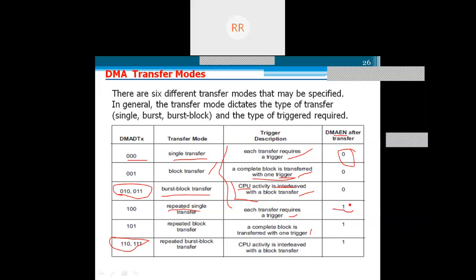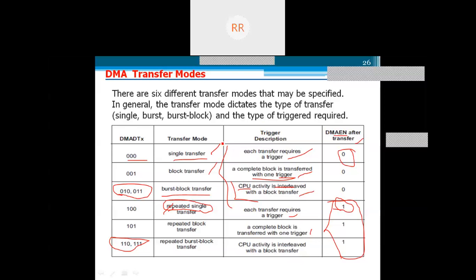Whereas here it will be in the active mode. That is the variation in repeated mode. If you want to go for a single transfer once again in a repeated way, you don't need to enable the bit again because it is in the repeated mode. We can do a number of transfers with a single enable, by enabling the DMA enable bit one time. Enable bit is always set for repeated transfer. If you complete the repeated transfer operation, we need to make it 0.